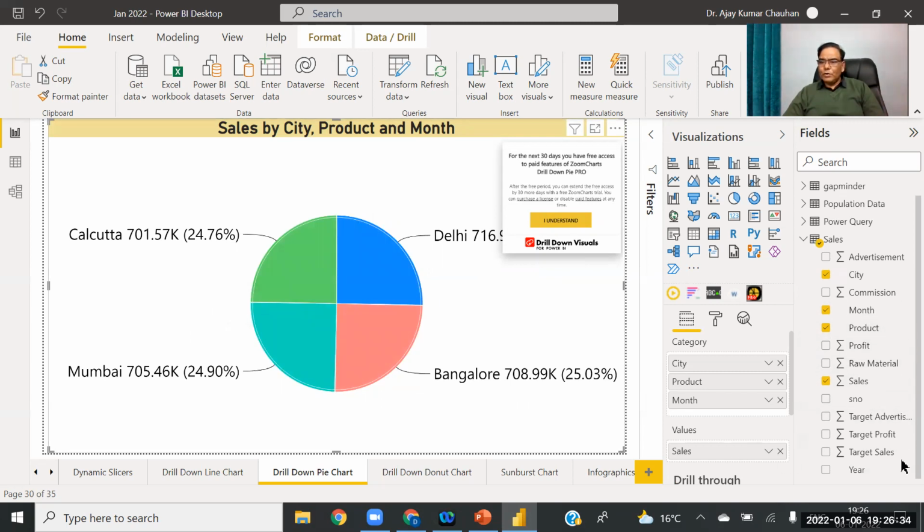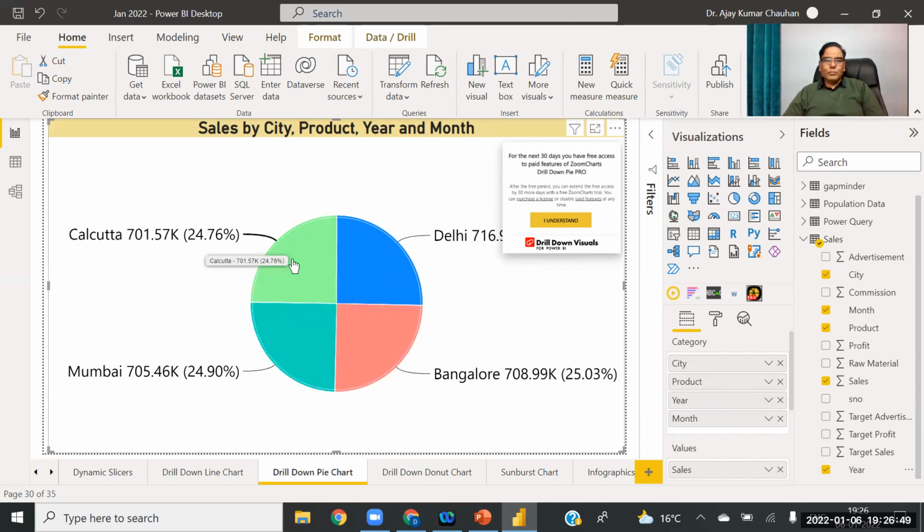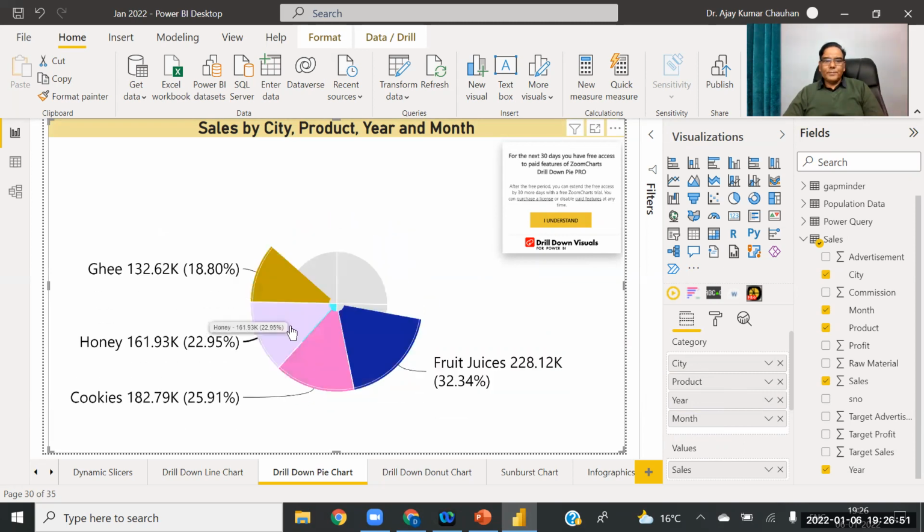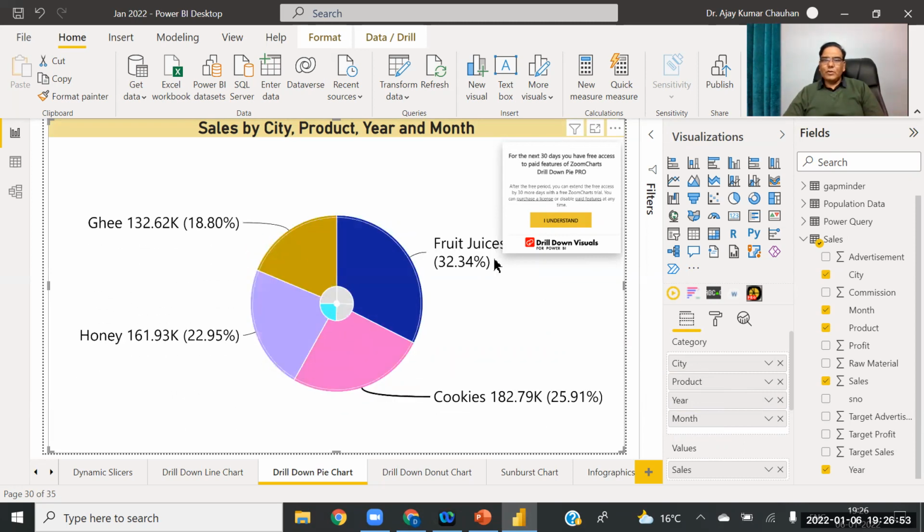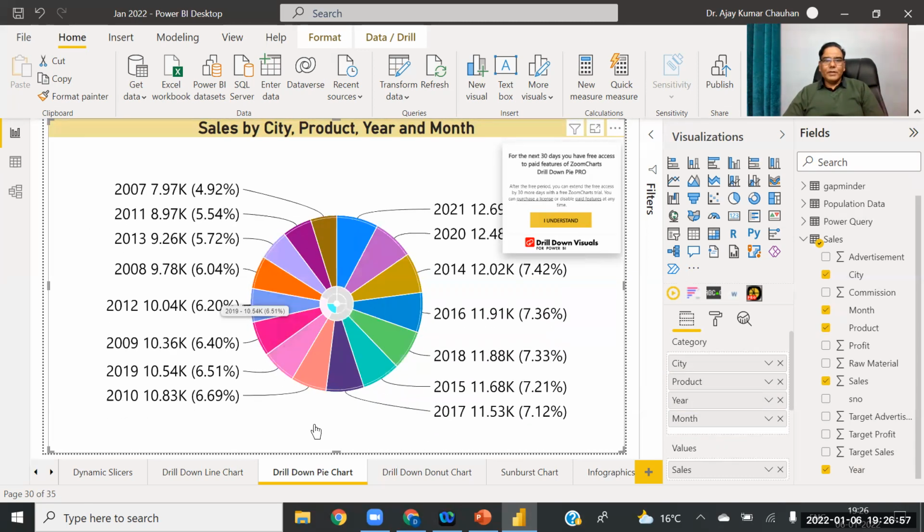Similarly, I'm showing you. Suppose I can add more features into it. I suppose, let me take the years also. So it's your choice how many categories you can make. So in one chart, you have all the information. So if you click on, let's say, Mumbai, sales of different product. If you want to see the honey sale, click on honey. The year-wise sale, I think this is the year-wise sale of the honey.